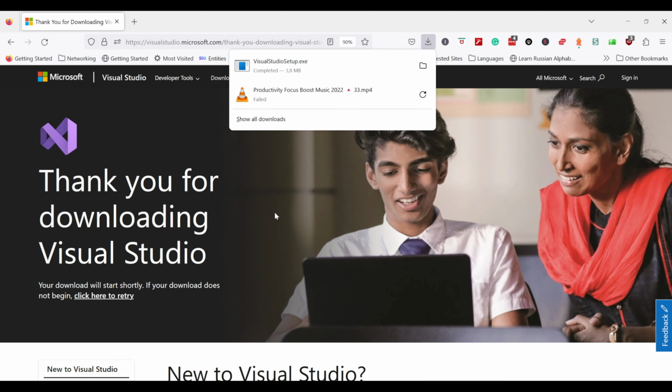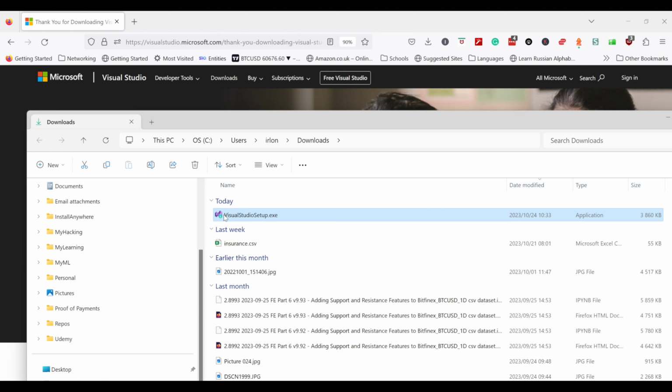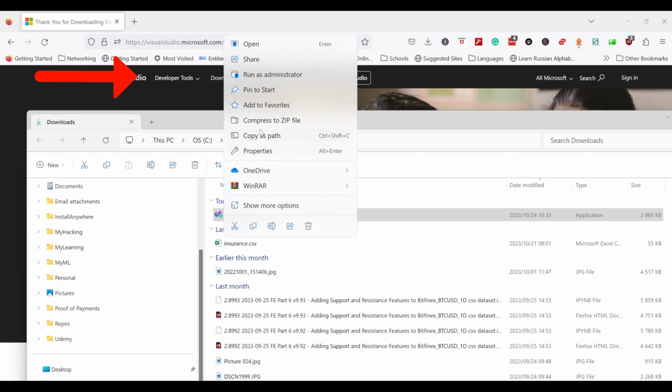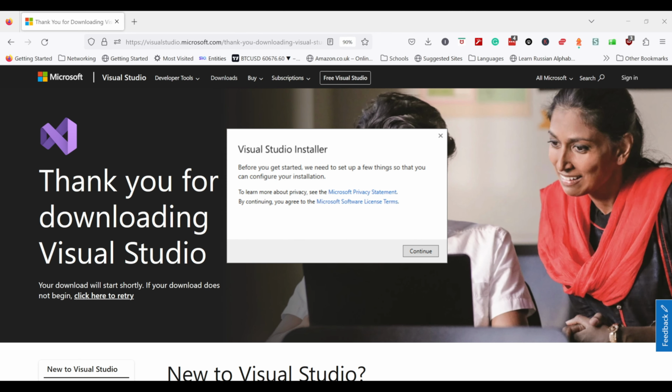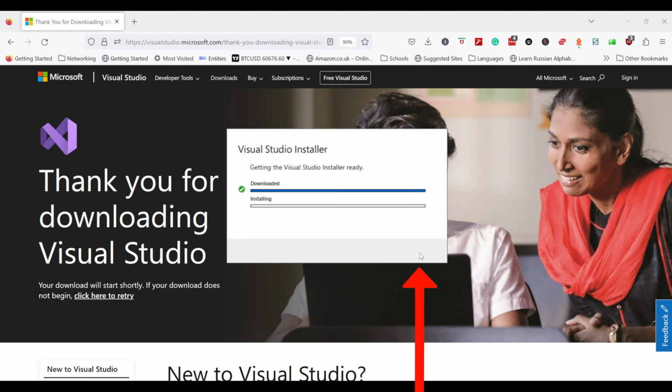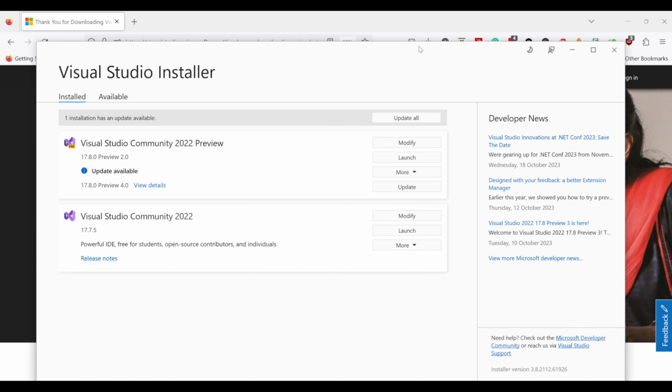After downloading the installer, make sure to run this executable as an administrator. What you will need to do is click on this Modify button,